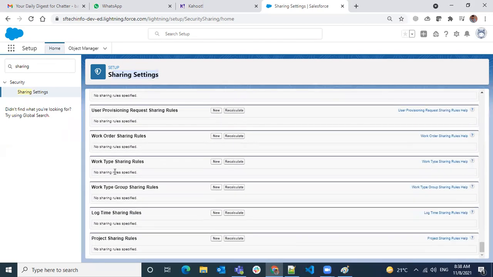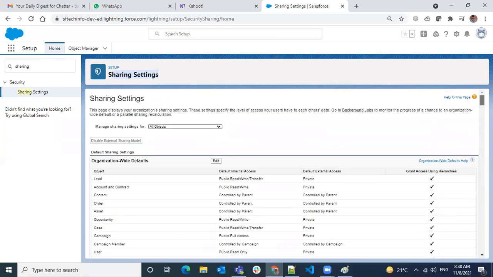When you create a new object, it will be added over here, and here you're going to decide the sharing settings on your object. Okay, let's see one by one. If you have one object, what is going to be your default internal access? Don't worry about the external access.